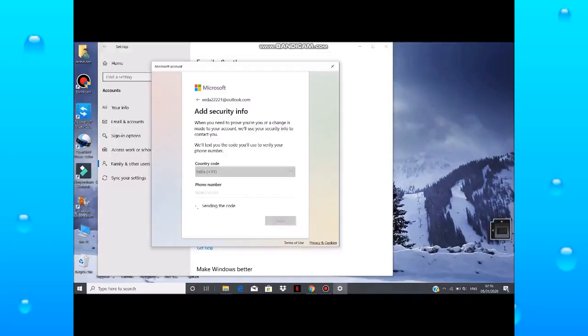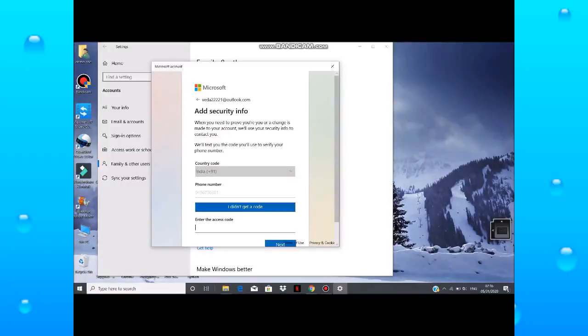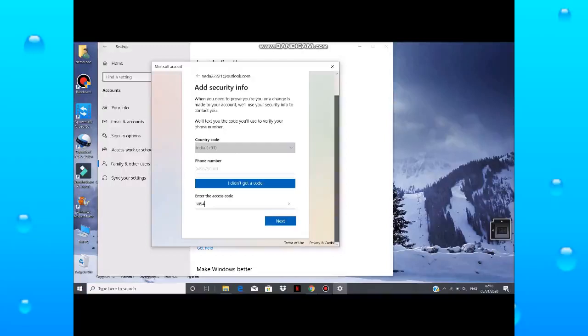Click on Send Code. So the code is 3894. Click on the next button.